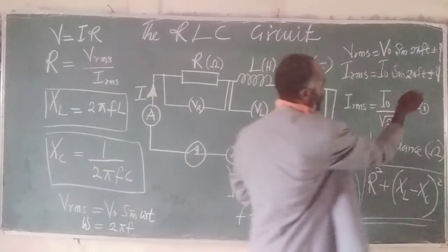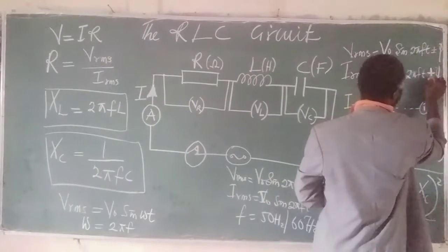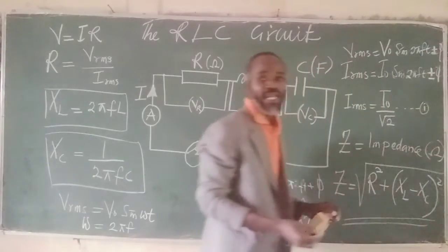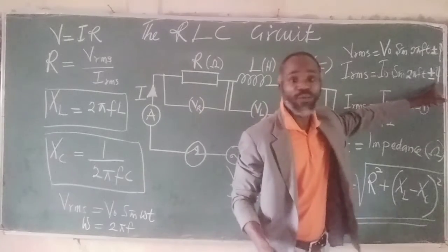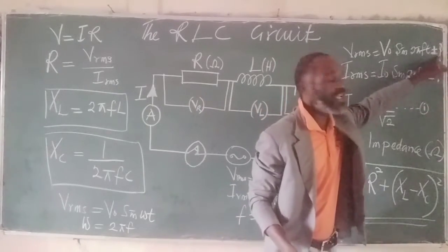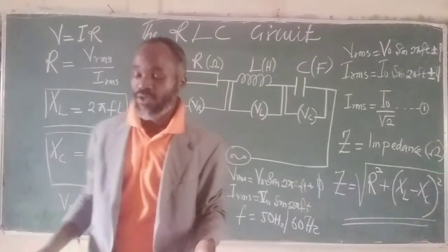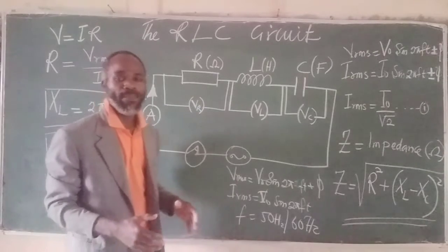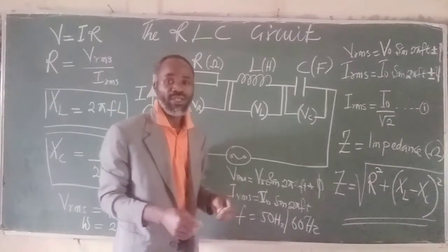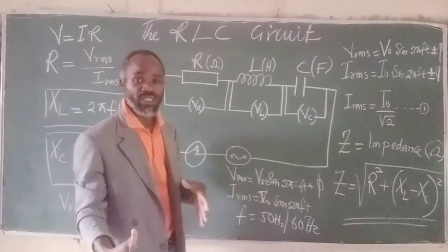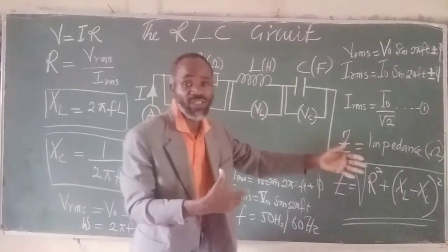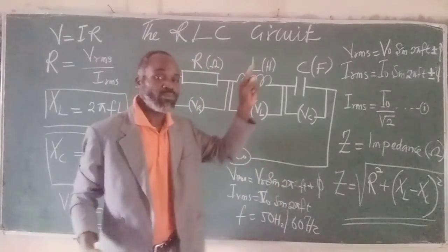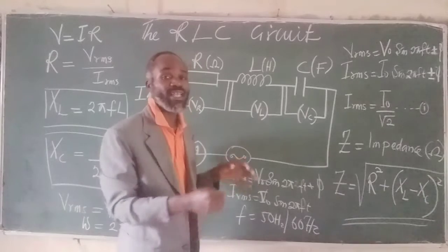I want to explain these factors. We have plus or minus here. You usually have plus or minus somewhere here, and that's phi. This letter is a Greek letter known as phi. Phi again. So why do we have plus or minus? In my previous video, I discussed a situation where an inductor is connected in an AC circuit with the voltage. Either the current is leading the voltage by a factor of pi over 2, or the voltage is lagging behind. So plus means, if it is an inductor,